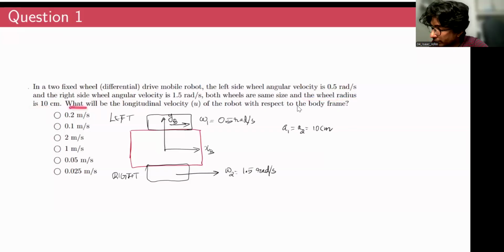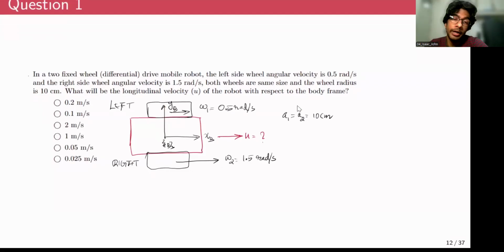You are asked to find out what will be the longitudinal velocity of the robot with respect to the body frame of reference. So this is the body frame of reference, this XB and YB frame coordinate. And you are asked to find out the velocity, longitudinal velocity, that is the velocity along this XB axis, U. This is what you are asked to find out, right? So either you can do this in a geometrical way